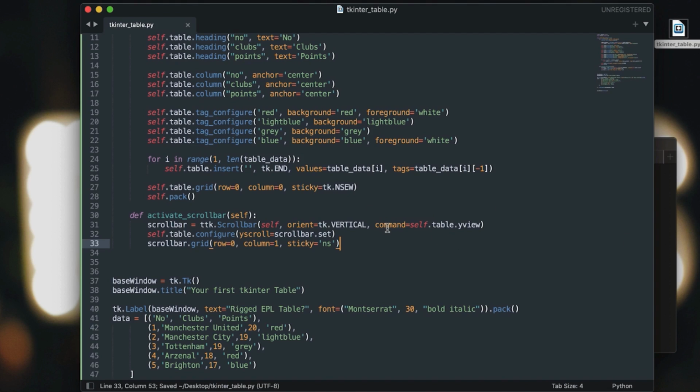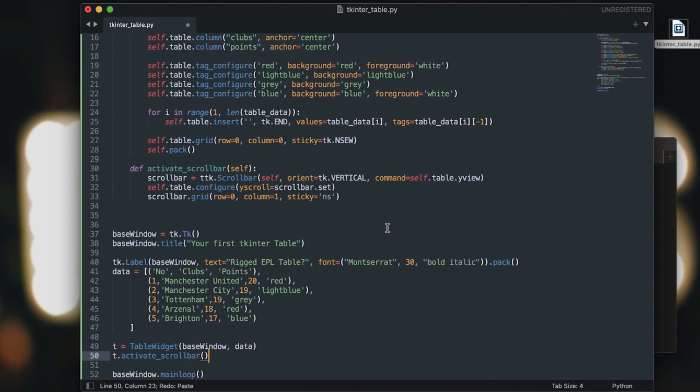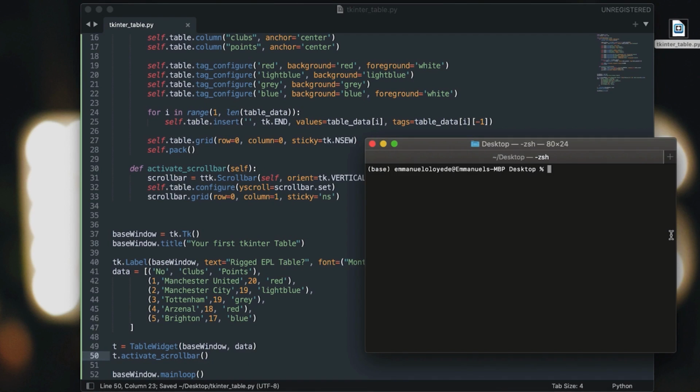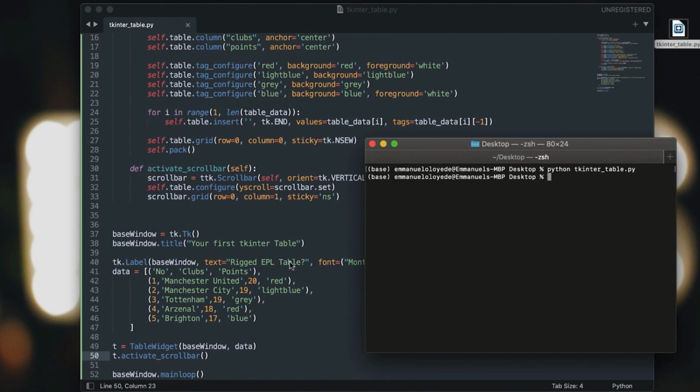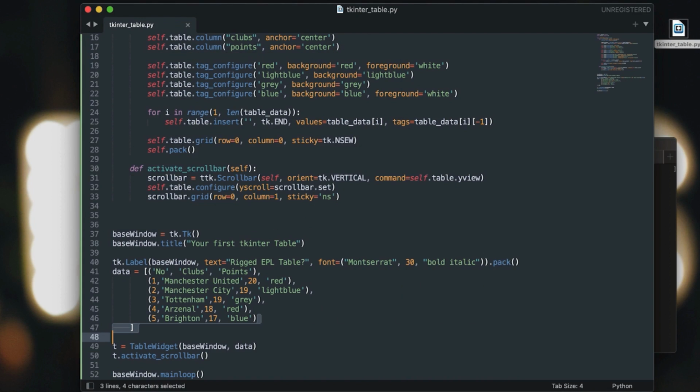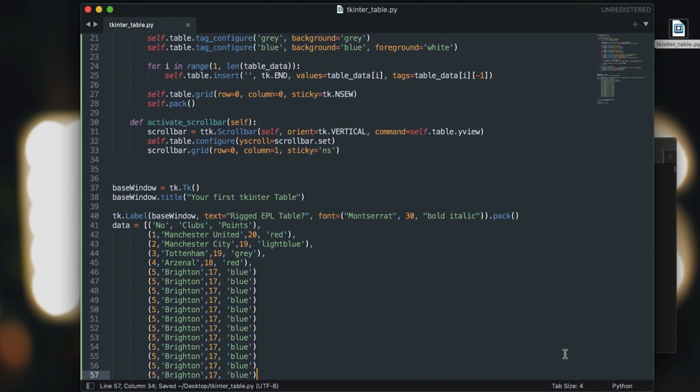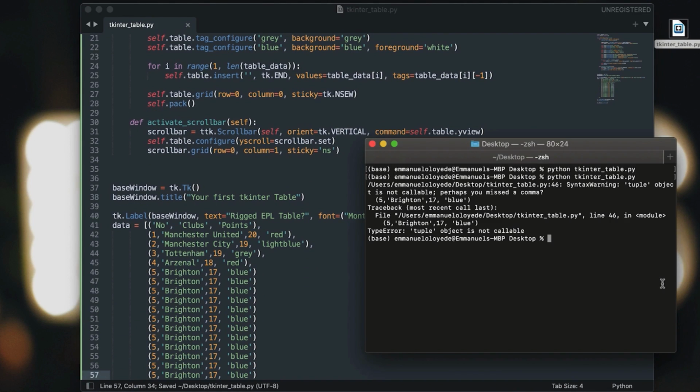So we're going to save that, and of course, for it to work, we need to activate here. If you don't activate, you're not going to see anything. So let's come here and run this. You can't see the use now, but I'm going to show you. If I duplicate a lot of data, you're going to know the usefulness of the scroll bar. If I run this,